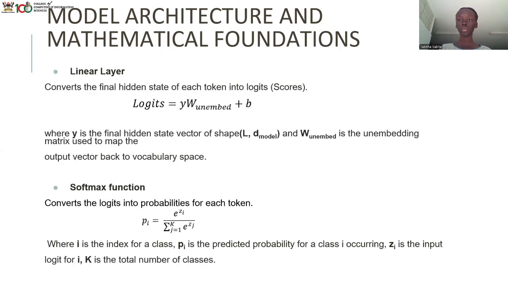Those functions are applied to the matrix that we have, and then it's passed on to the layers that follow. By the time it reaches the linear layer, it has passed through to the final layer. This linear layer is going to convert the output matrix from the final layer into logits. Logits are raw scores. These raw scores are going to be converted by our softmax function into probabilities that the model can now use to make predictions.